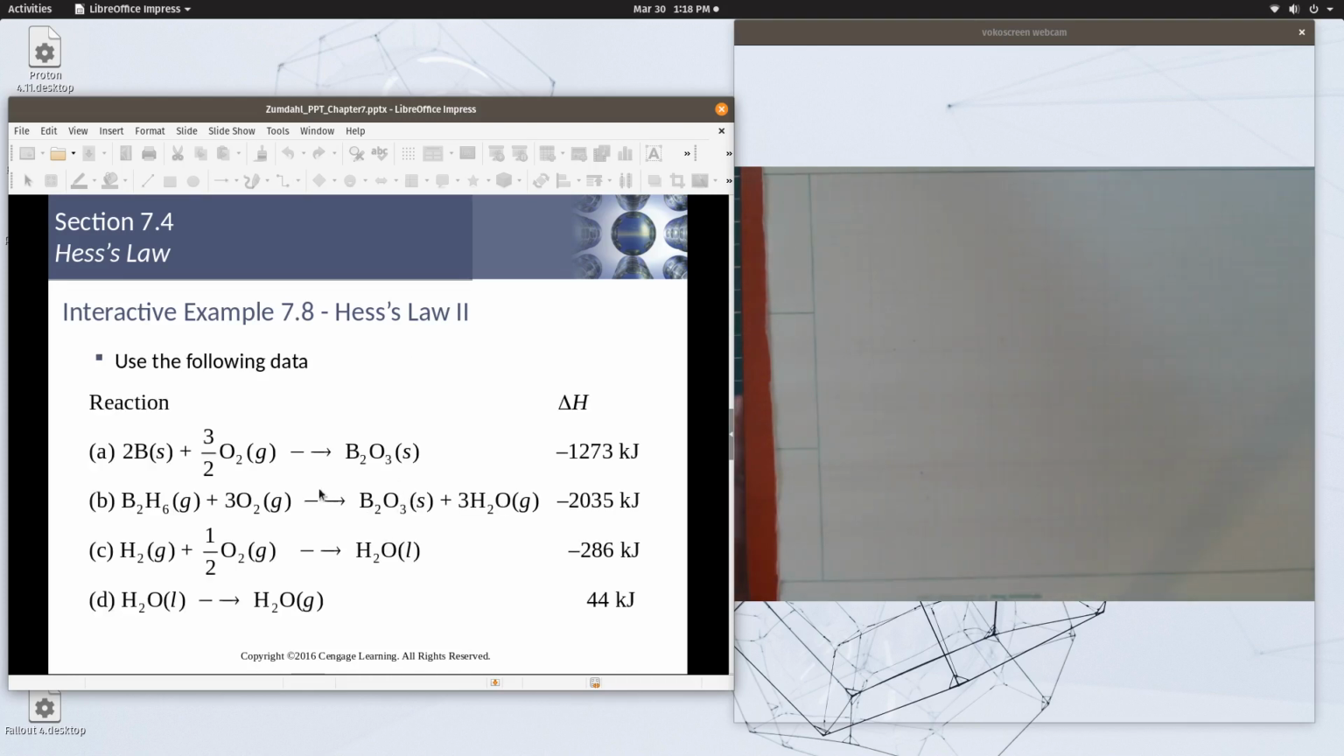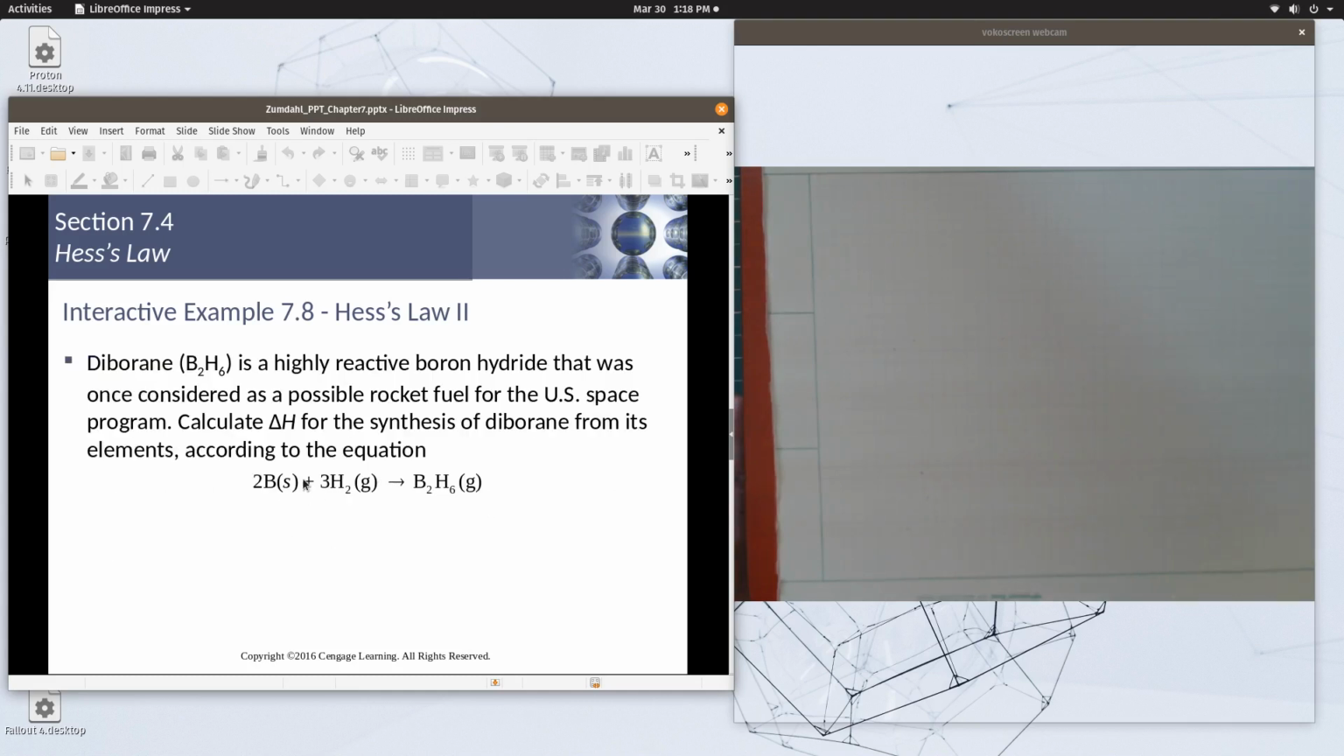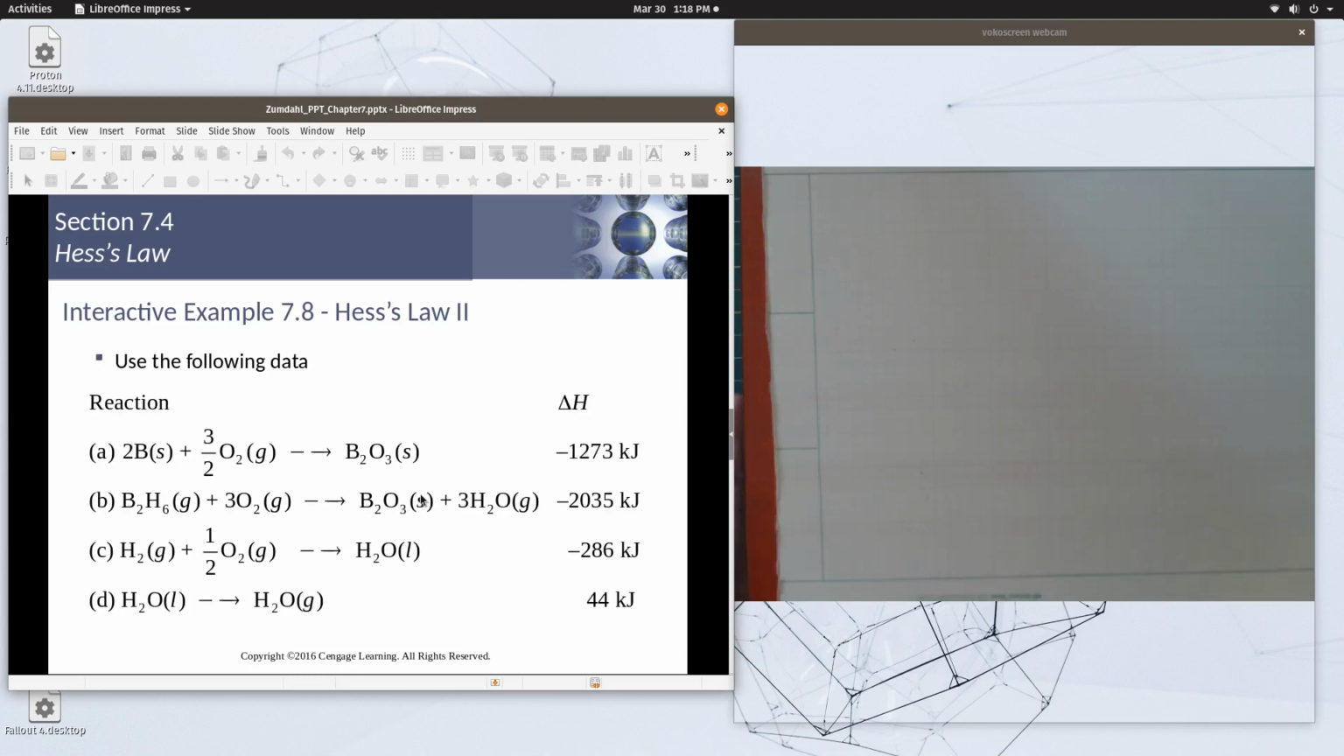Okay, so to see how this works, let's say I've never done this particular chemical reaction before, and I want to know how much enthalpy is going to be required to create diborane. But I do know this. So if I make 1 mole